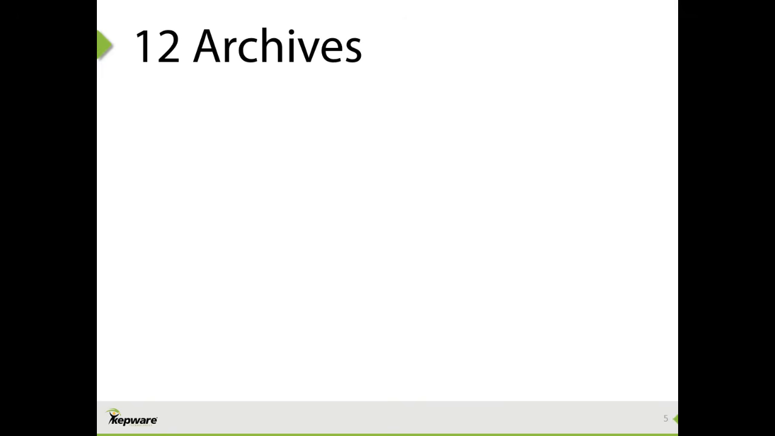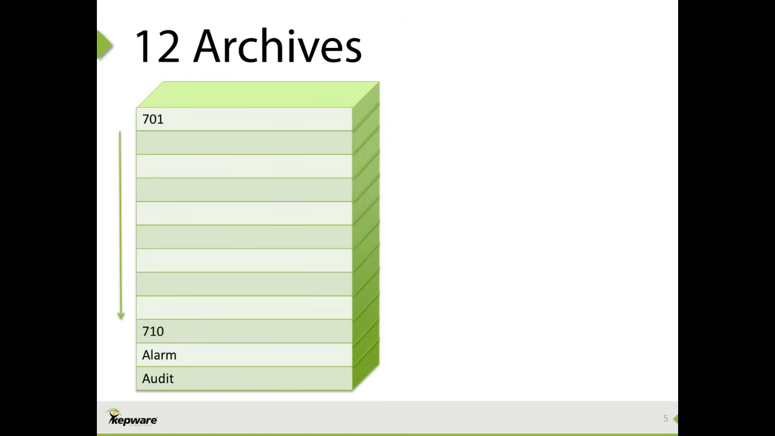Alright, so first thing we're going to look at is how data is structured in these OMNI Flow computers. The reason we're going to do that is because understanding this will conceptually help us understand how the server is going to consume data. If we know how it's structured in the Flow computer, we can understand how our software is going to bring it in, right? So an OMNI Flow computer has 12 archives, and 10 of these archives, 701 through 710, are